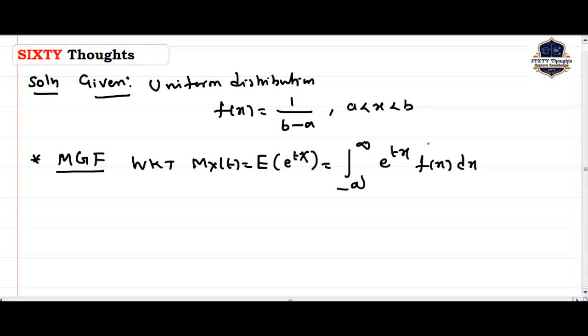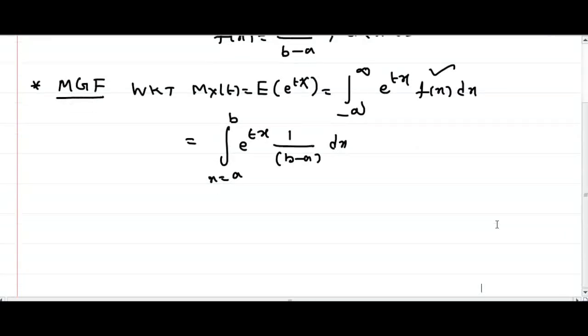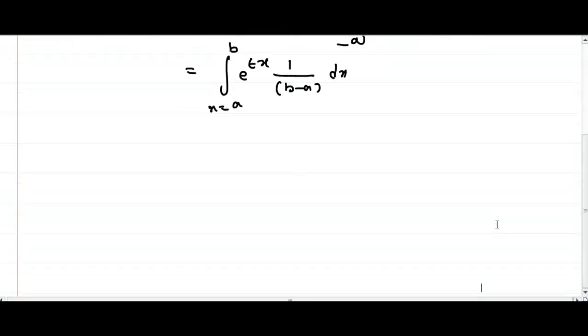We know f of x is the probability density function of the uniform distribution. Substituting, we get the integral of e power t x into 1 by b minus a into dx, where x varies from